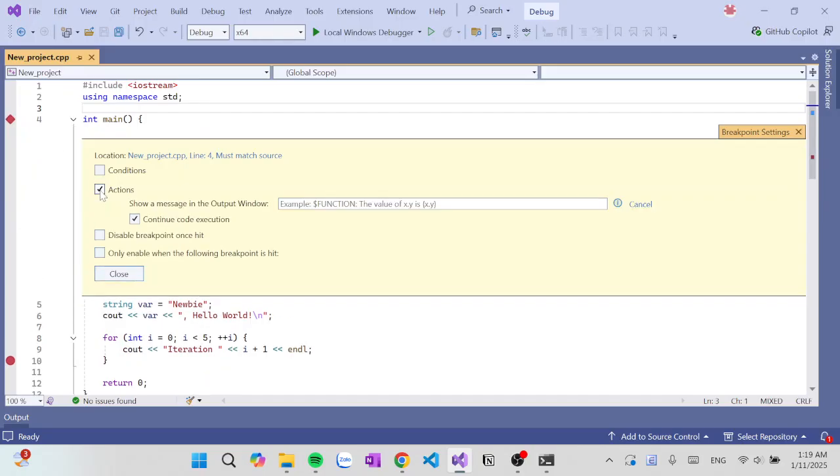It also means trace point. After you click on Actions, you will be asked to type something here, because the trace point is used to print messages, including variable values, to the output window. But it won't stop the program's execution, you must remember it.